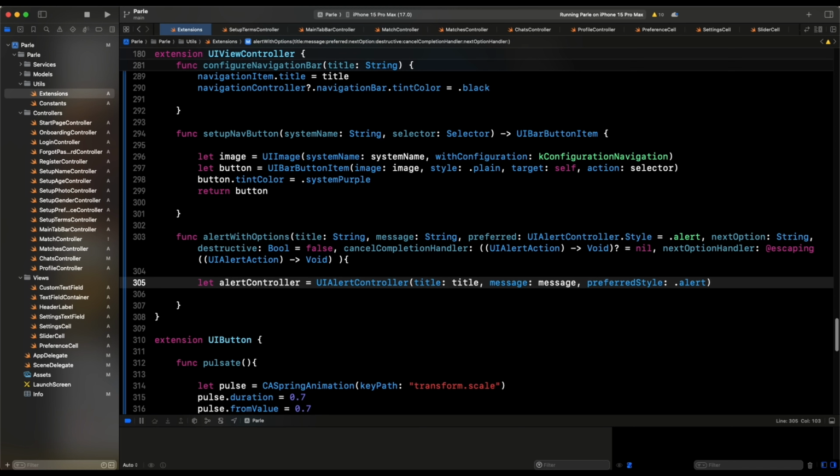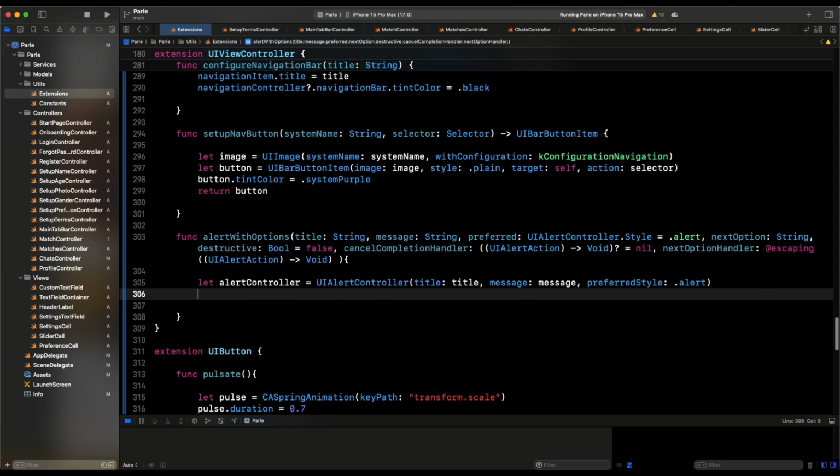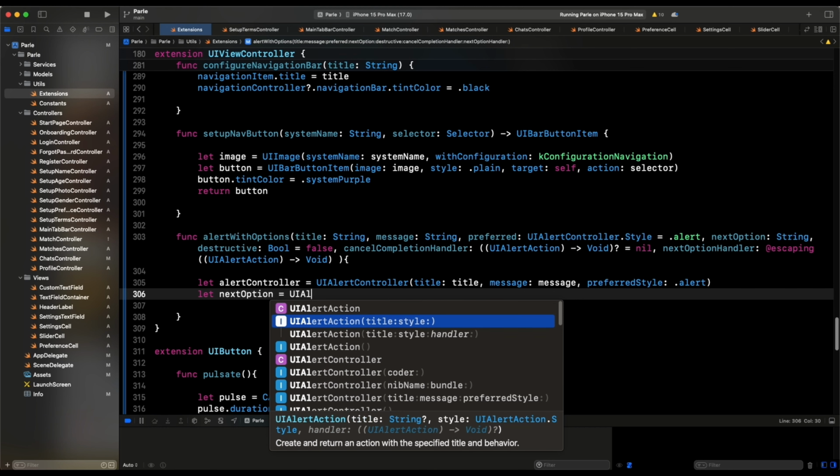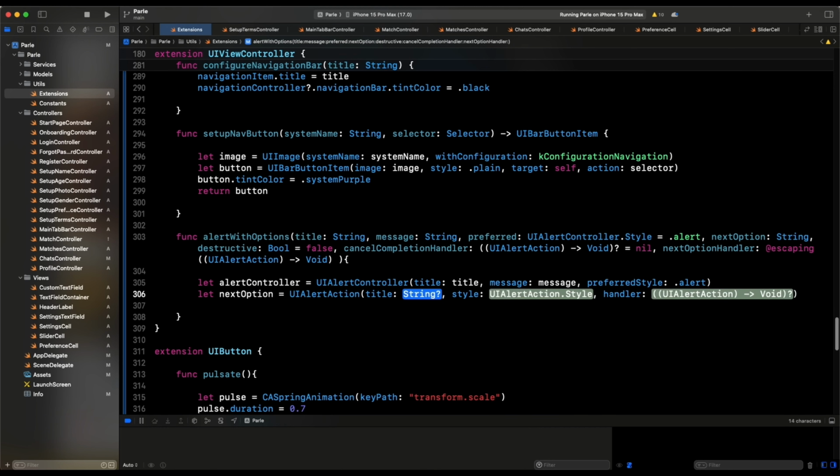So basically that, and the next one is going to be let next option, okay, option like so. The next option is going to be UI alert action, and this is going to be that. Let's pick this one like so. The title is going to be next option. The style is going to be